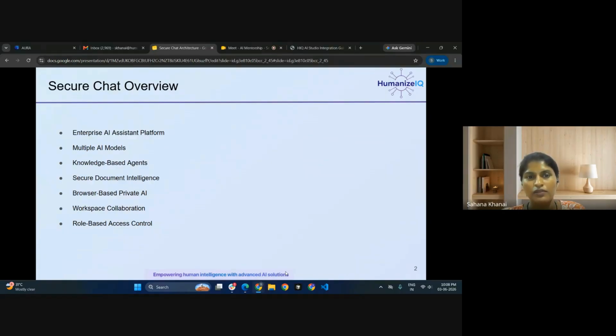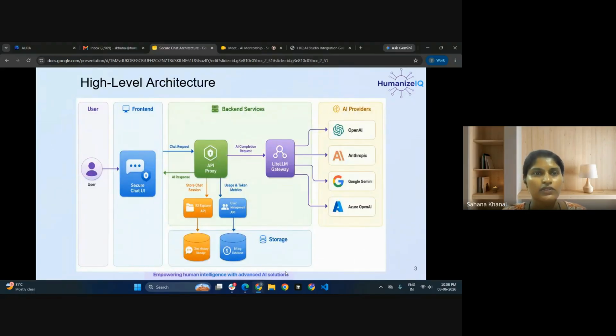When we come to Secure Chat, the first thing is role-based access control. Everyone is not able to see everything, only the authorized people will be able to see the steps in Secure Chat.